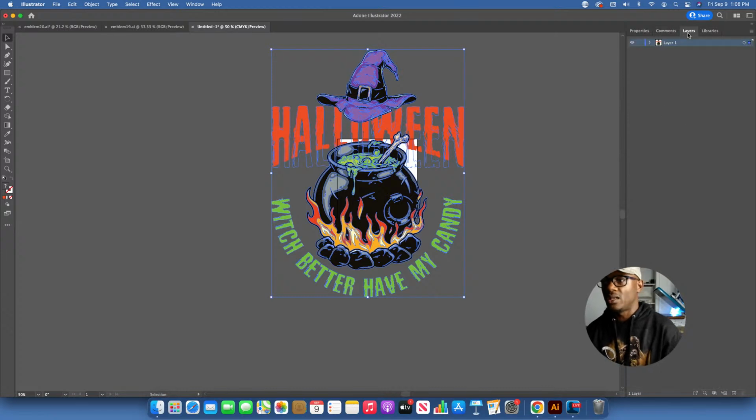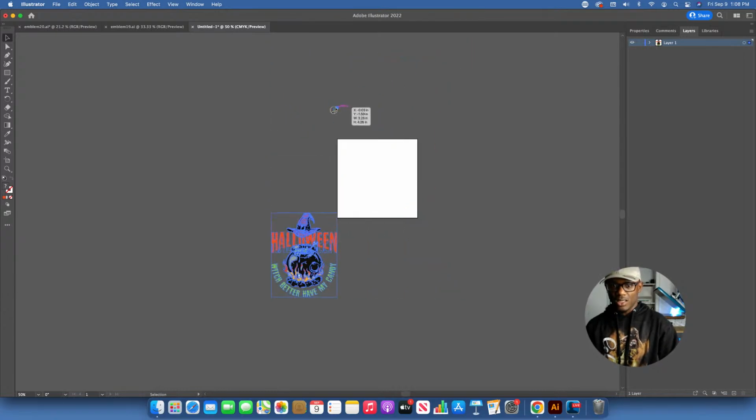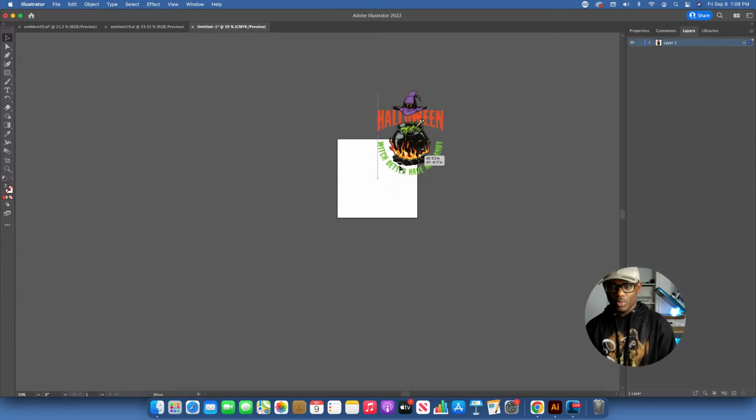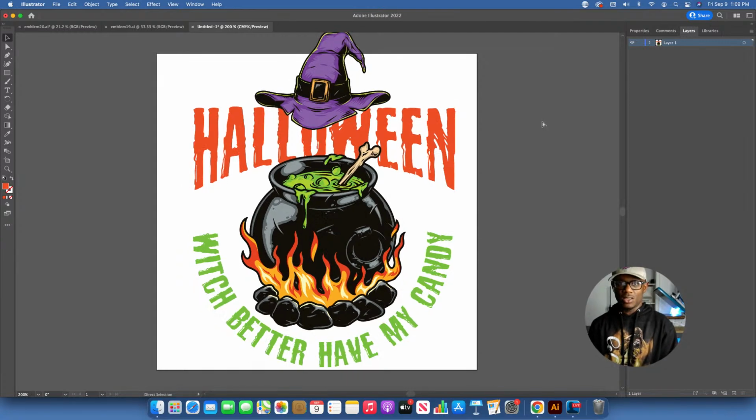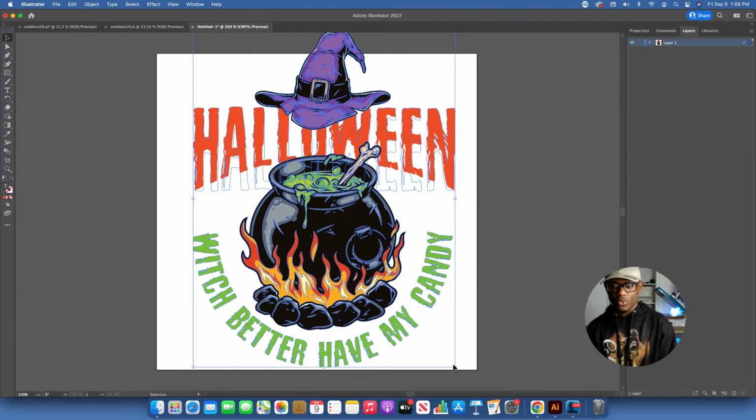I want to make sure my layers panel is open. I'm gonna resize this so it fits within our line that we have here. Put this in here. You can't see it, so I'm gonna zoom in, make it more of a full screen for you. Let's bring this over here so I can see myself over there. Let's move this out your way. Boom. All right, so you should be able to see the graphic now. So it's still too big. We're gonna resize it a bit more.